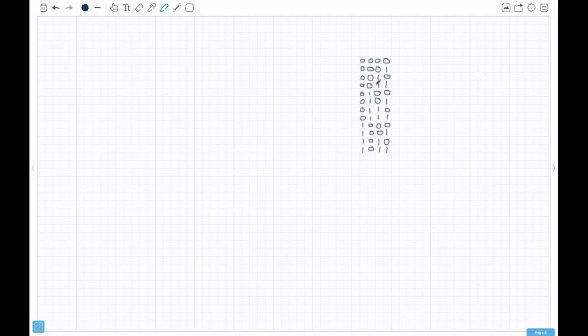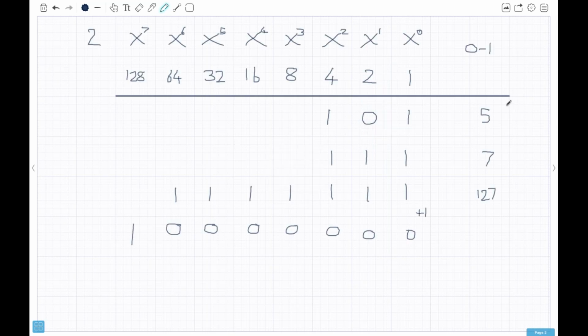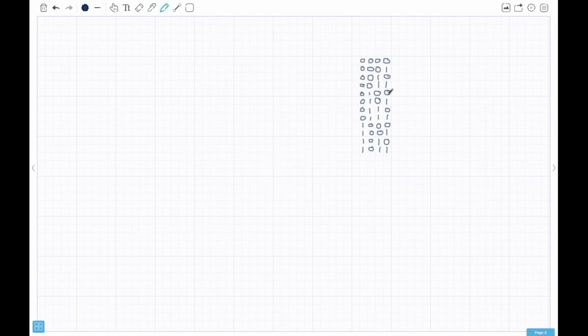Then anybody want to guess what the next column is? How many zeros do I put in a line? I'll give you a clue. I alternated every 1, I alternated every 2, I alternated every 4, I alternated every 8. Anybody want to make a bet that it's 16? So if I write down 16 zeros, then 16 ones, what you'll see is I have a perfect count from 0 to 12. I have a perfect count